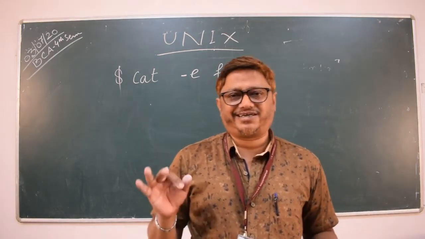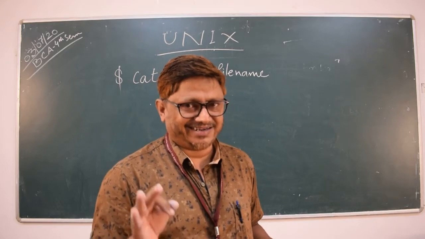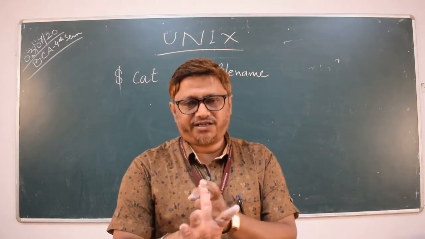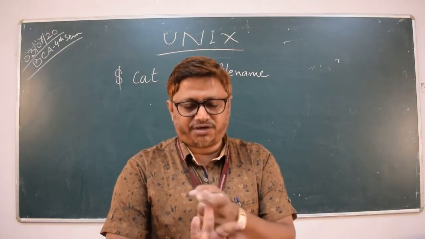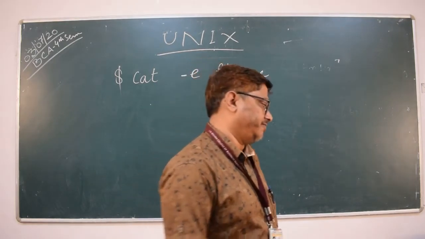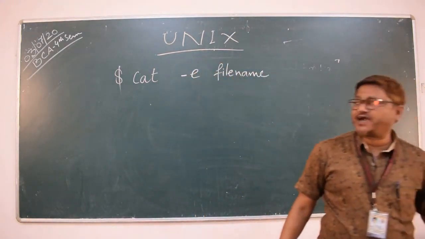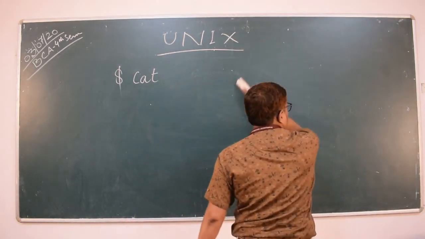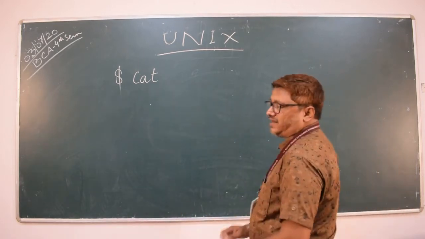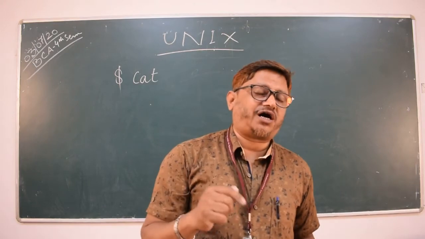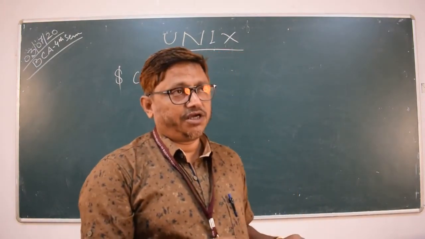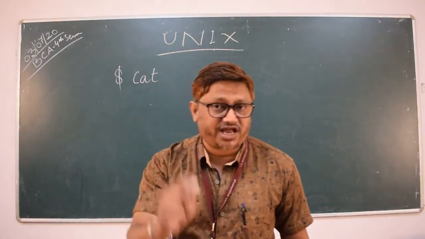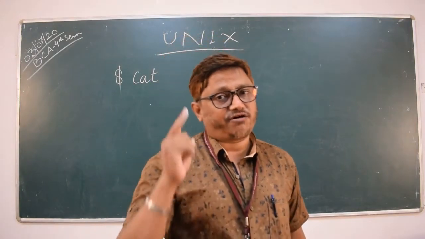Now again, to repeat, the cat command is used for concatenation. With the help of this command, we can create a file, display a file, display with line numbers, and display the end of the file. Now come to another option of the cat command: how to use the cat command to append to a file. If you want to add something after creating a file, you must know anything will be added at the last line of the file, after the last line.